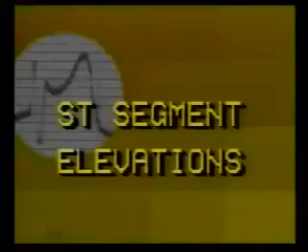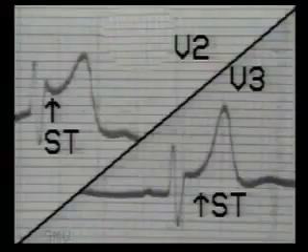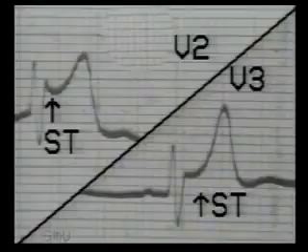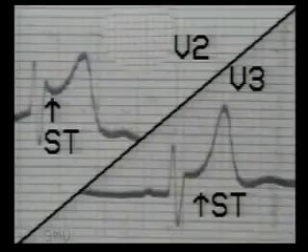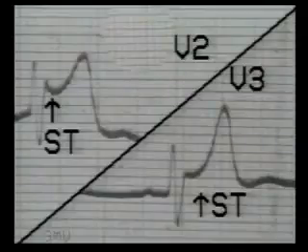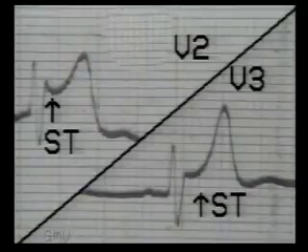ST segment elevations. ST segment elevation is the hallmark of the acute phase of myocardial infarction. The changing pattern of T waves gives us two different pictures. This is ST segment elevation with tall upright T wave. So the ST segment is concave upwards. This is seen in the hyperacute phase of myocardial infarction, for the first few hours.